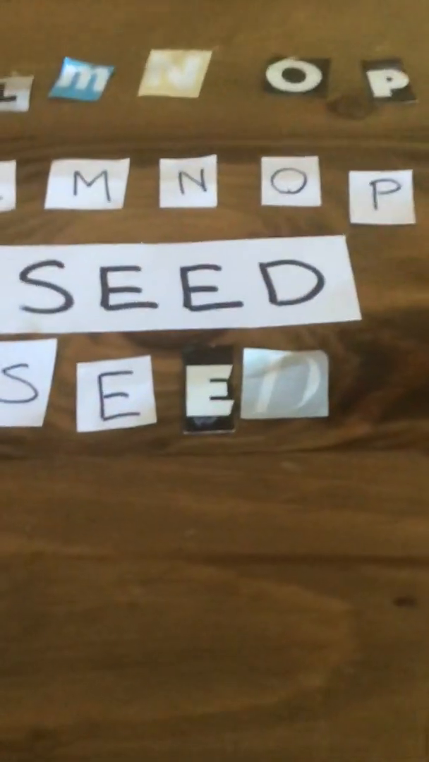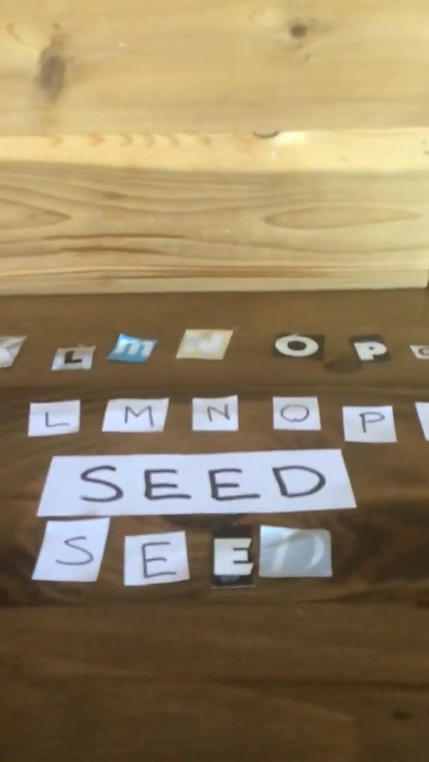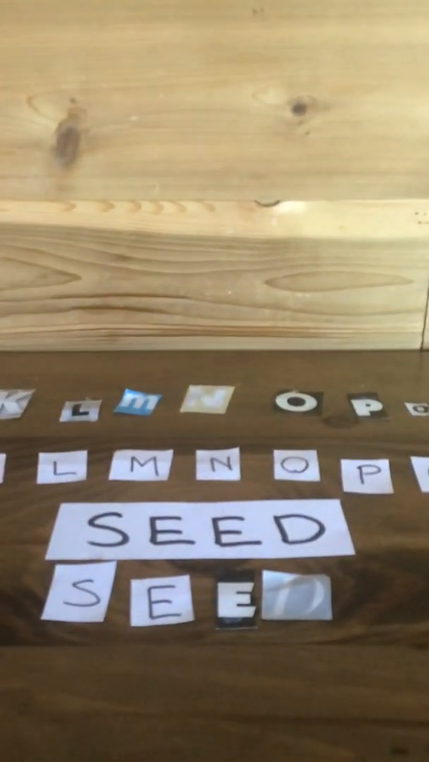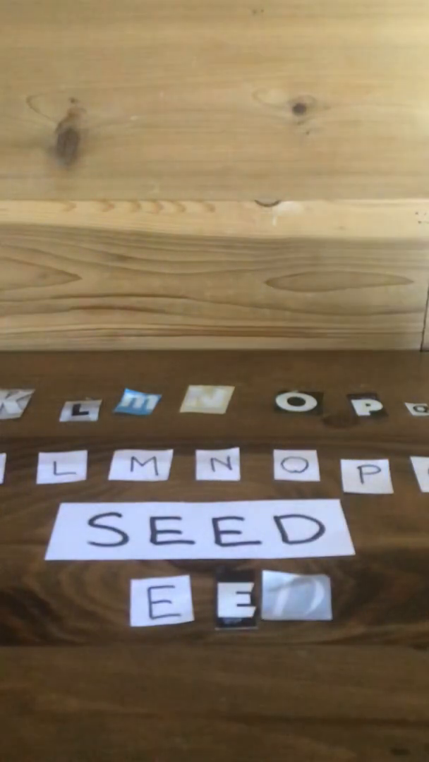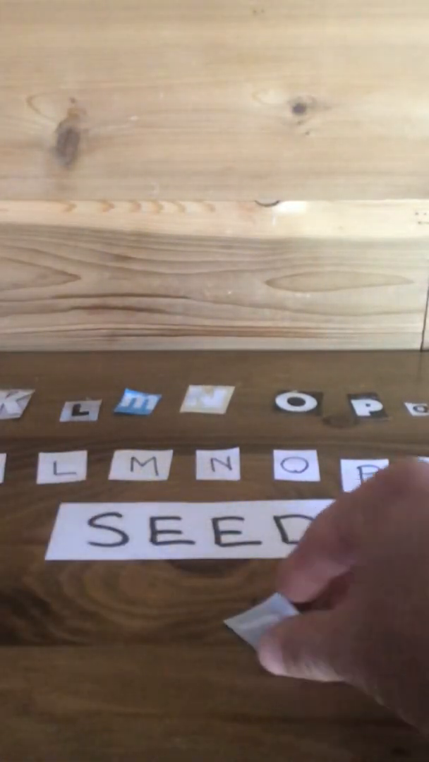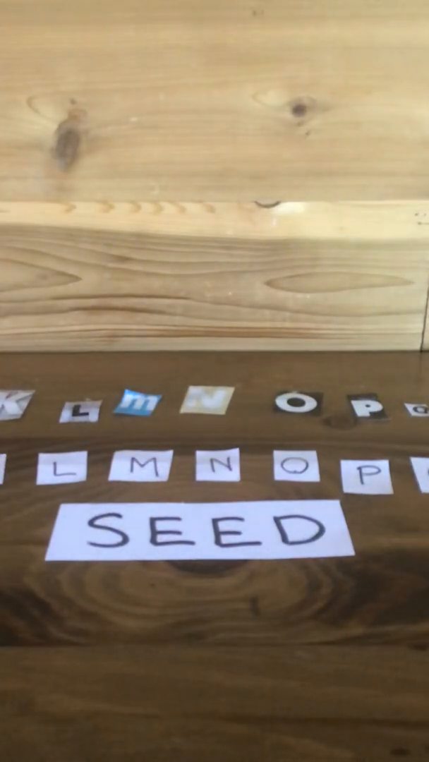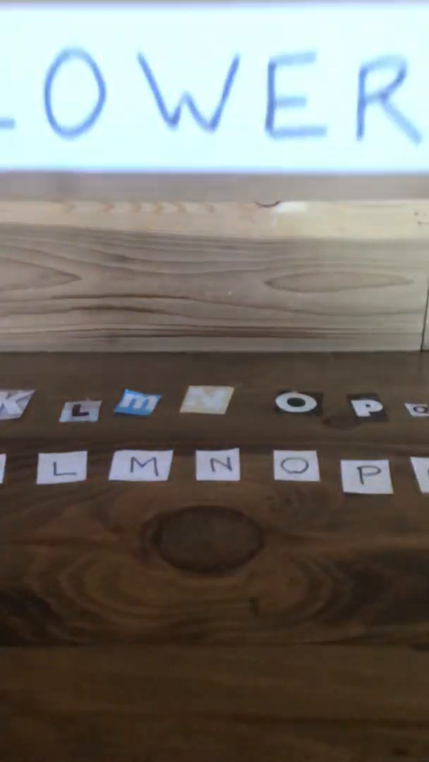All right, let's check our word. And we've spelled the word seed. So as I said, all plants need a seed to grow. And that's what starts the plant's life cycle. And we can find seeds in many of our fruits and vegetables. So now we're going to move on to our next word. And the next word is